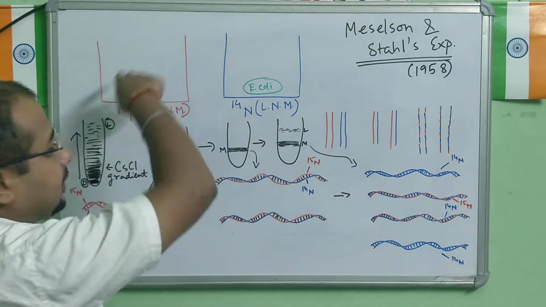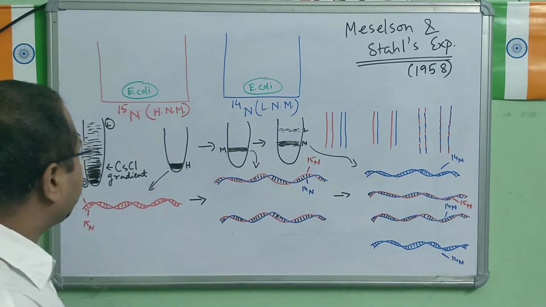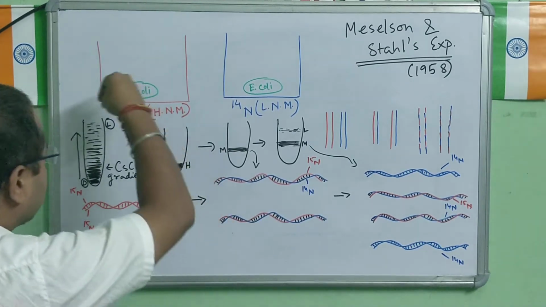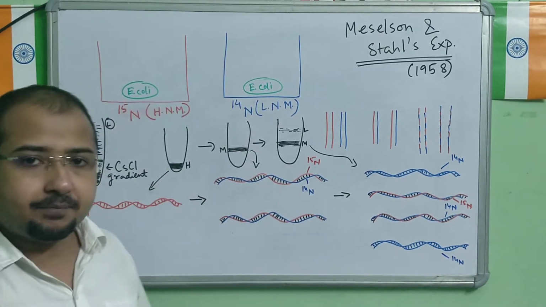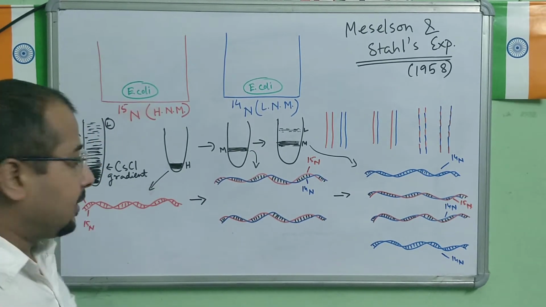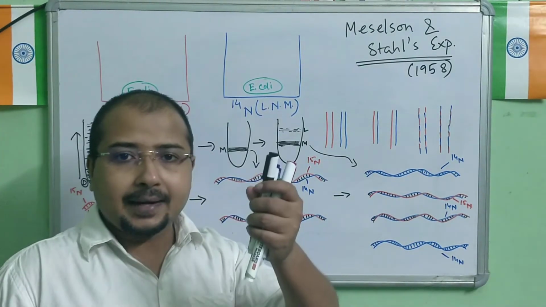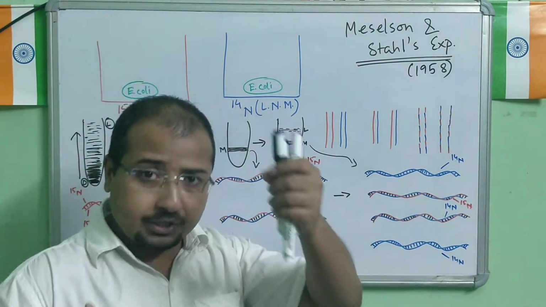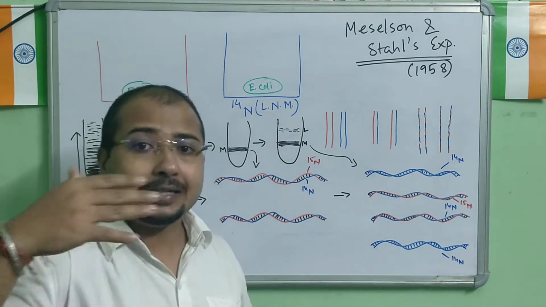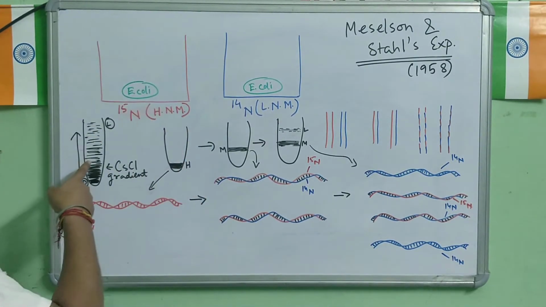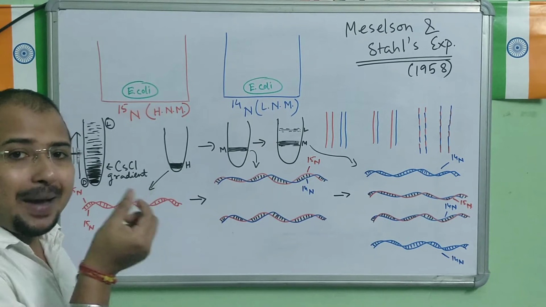Now what they did was extract the cells of the bacteria and put part of the cells into this cesium chloride medium. After growing in this N15 medium, the genetic material is supposed to separate according to the concentration gradient. As I have said, N15 is the heavy isotope. So the DNA, after being put in this cesium chloride, formed a deep band, a heavy band here.